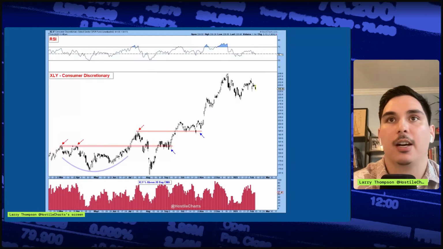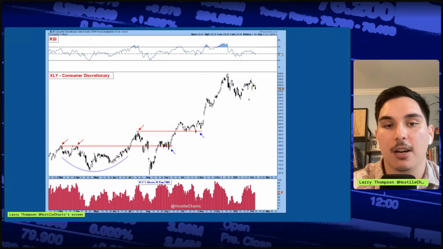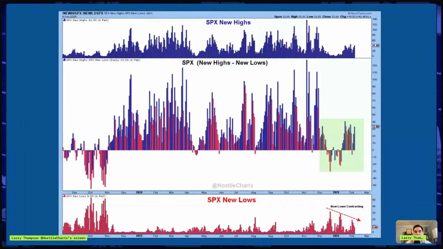Look at consumer discretionary. Great example of stocks that broke out that are failing to follow through, right? You see this in the consumer discretionary space right now. And so from a holistic level, the market is choppy, and we saw that from breadth. Looking at technology, look at XLK, chop, chop, chop, chop, chop. People are getting chopped up in this type of environment. You can look at this single chart and understand that new highs and new lows are limited. Realize that people are cherry picking data, cherry picking new highs, cherry picking new lows. As a whole right now, the market is just muted in terms of new highs minus new lows.